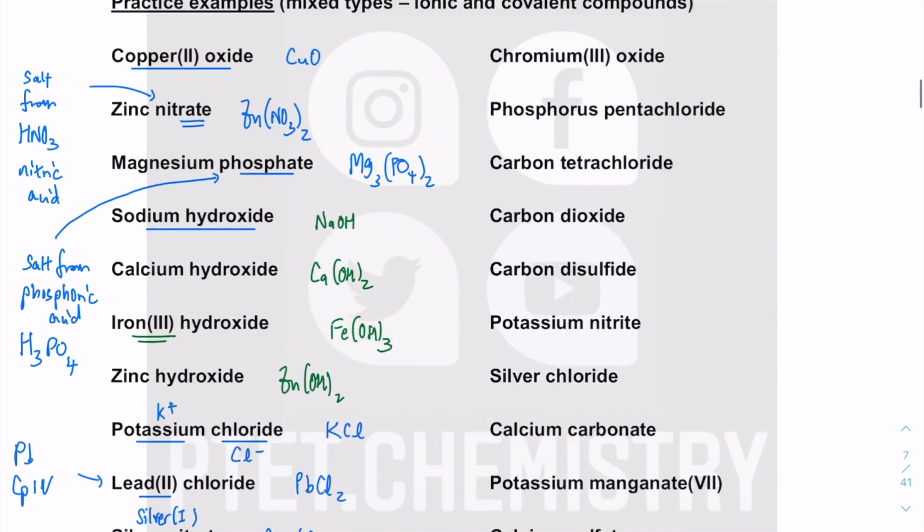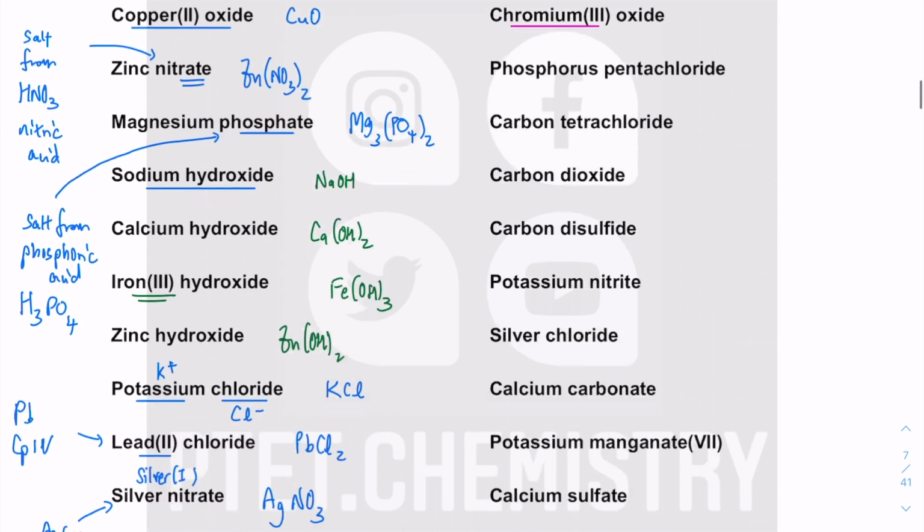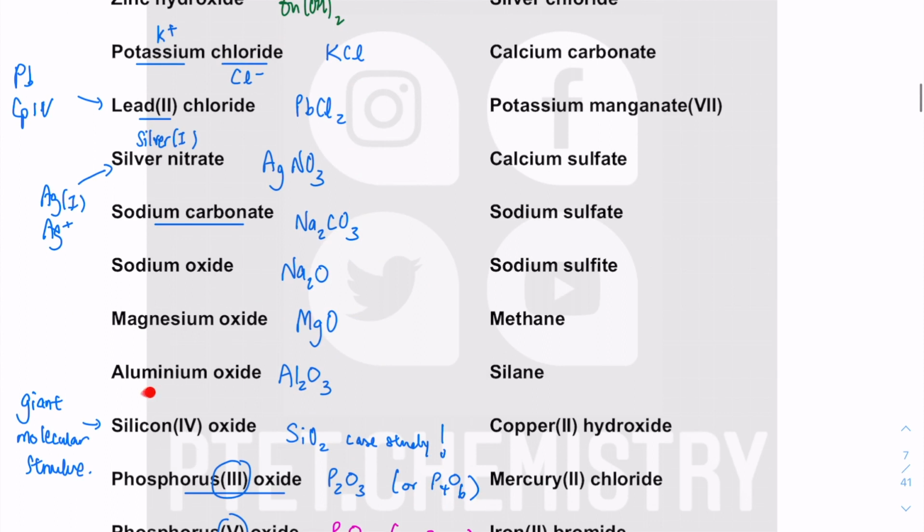Moving on to the next example. So we have chromium 3 oxide. Chromium is a transition metal. You will find it in the middle block of the periodic table. On the first row, there will be scandium, titanium, vanadium, chromium. It's chromium 3, so it's Cr3 plus and O2 minus. So just like in the previous example, we have in the previous lecture tutorial, we have aluminium oxide, Al3 plus